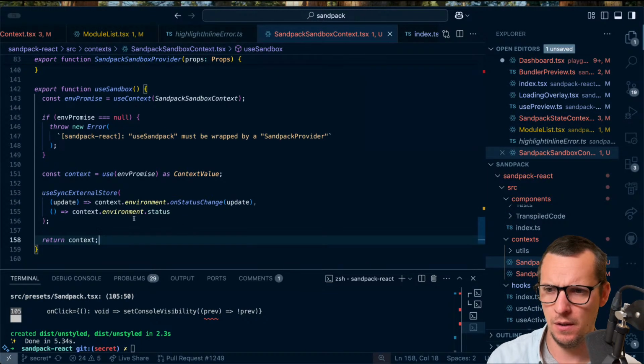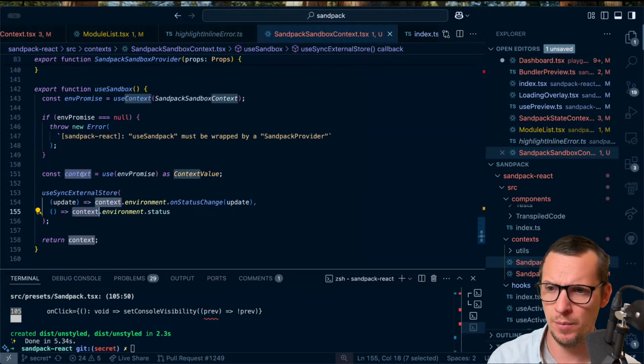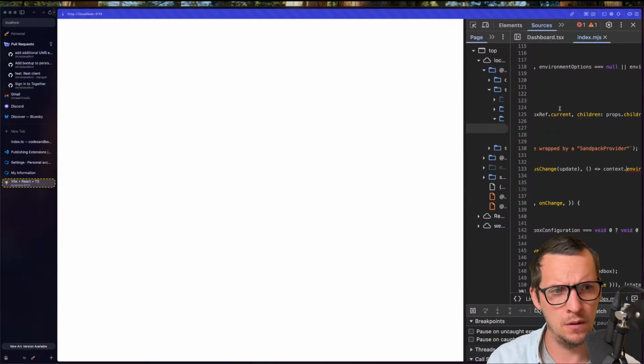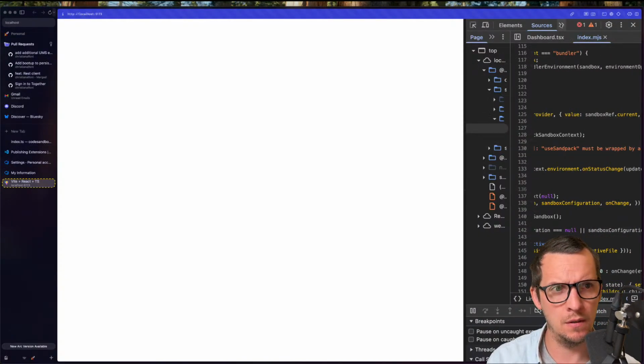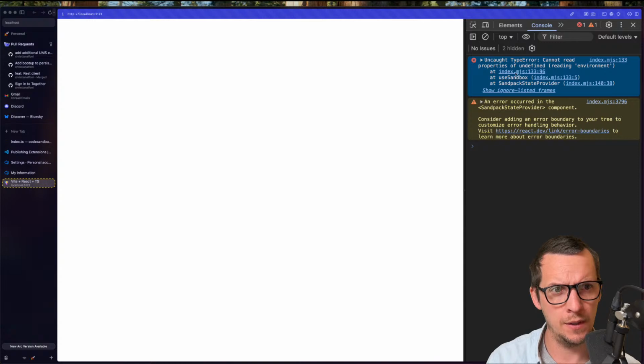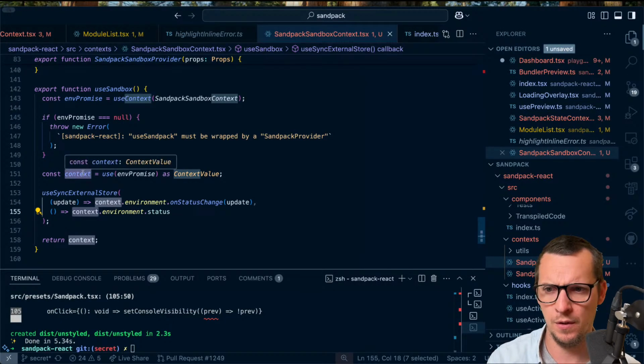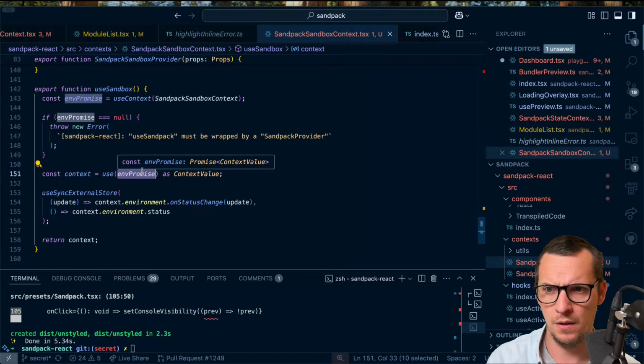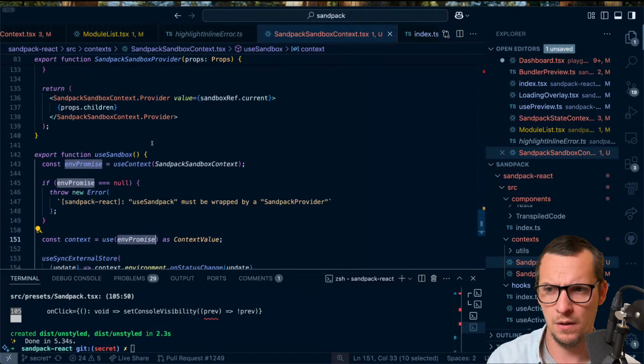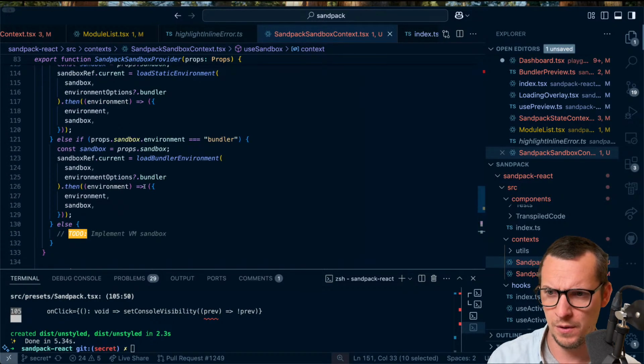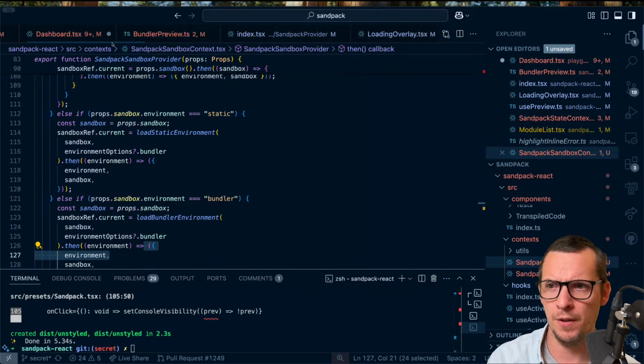So it's here, and it says it's undefined. Context is undefined. How can it be undefined? That's what it said, right? Cannot read properties of undefined reading environment. So it says this one's undefined. It's almost like, what did we actually configure now in the,